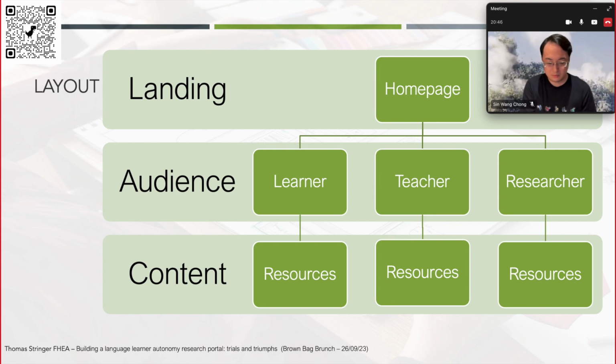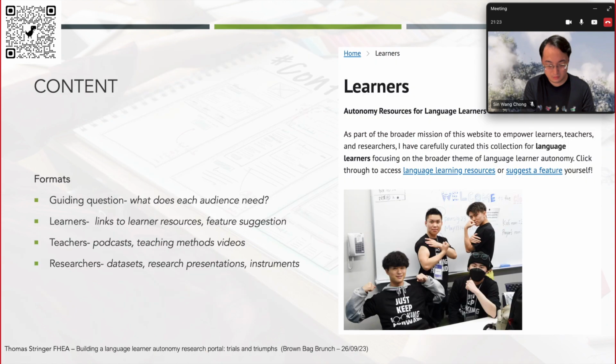And then I started hosting resources immediately on those different audience pages. As I added more and more information, the page started to get more and more cluttered, and I realized that I wanted to add another layer. So from the audience page, it now splits off onto different sub pages for each of the different resources being hosted there. That's a very basic flow diagram showing the layout of the website, and also the timeline stages that I went through in its creation.